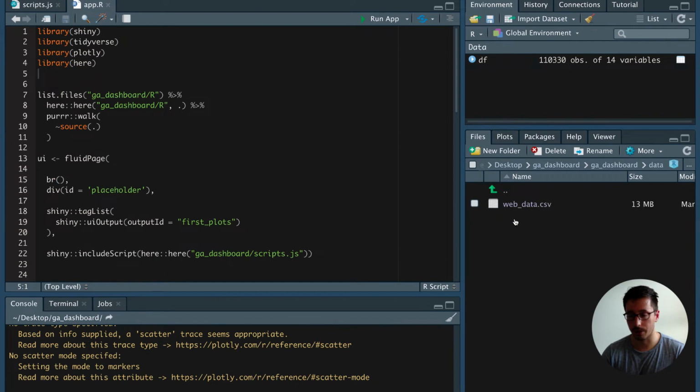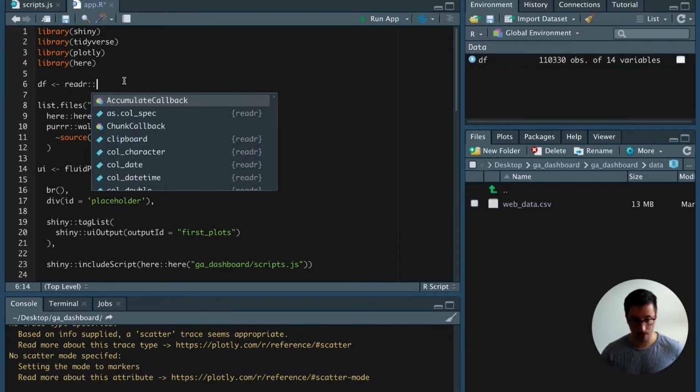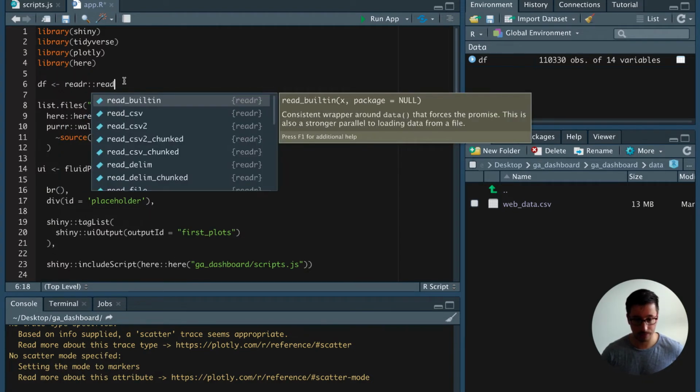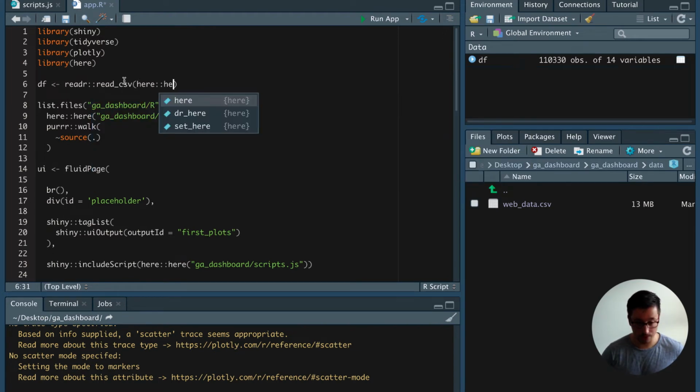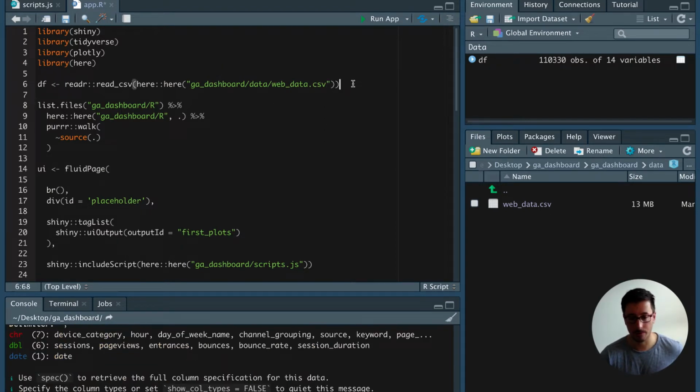And I've created a folder already with the web_data.csv file in there. So we're going to read this in. Just going to call this df. We're using the reader function, read CSV. Then we're going to use the here package that gets us the project directory. From there we're going into the GA dashboard folder. From there we're going to have the data folder, and then in there is the data. We're going to read this in,